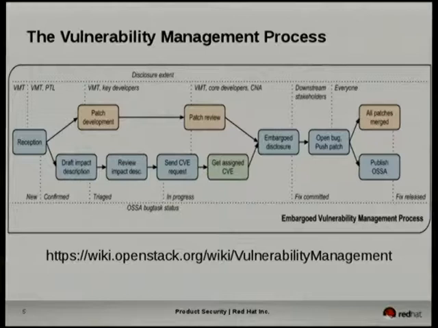From there, there's 2 main tangents. The members of the vulnerability management team go ahead and try and draft up a description of the issue that clearly indicates to vendors the severity and how their products will be affected. The developers then work concurrently to come up with a patch to fix this problem. Once the patch has been reviewed and approved, and we have an impact description, we request a